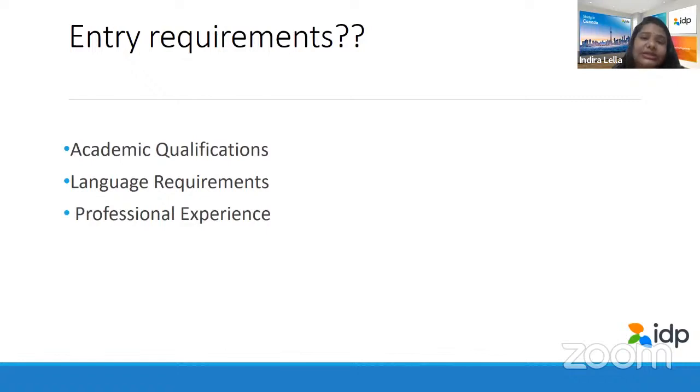7 and above is suggested for the master's program, right? And certain institutions and certain programs may need some professional experience. So just in case, if you're looking forward for a top-notch university, for an MBA program, they may ask you for at least 2 to 3 years of work experience. But usually, most of the technical courses do not need specific professional experience. It is usually the MBA programs that need an experience.